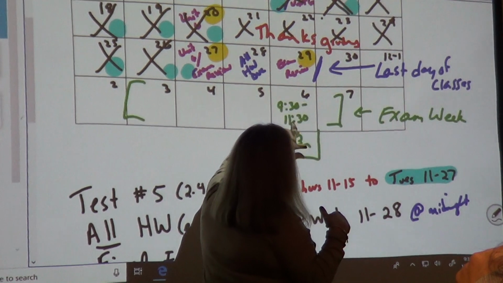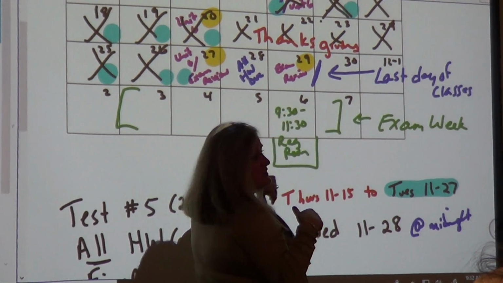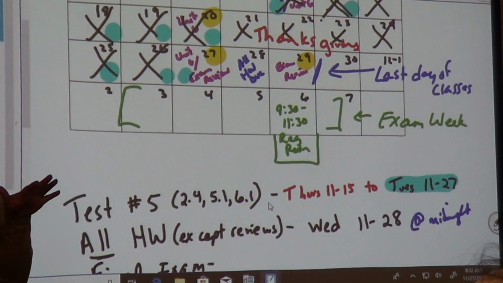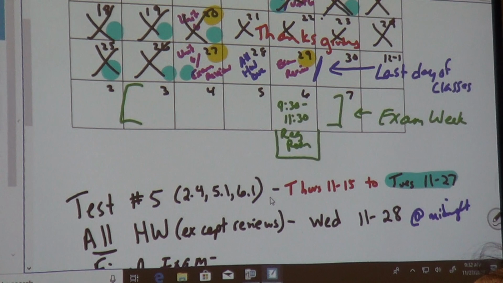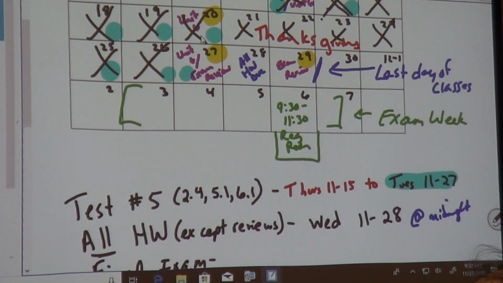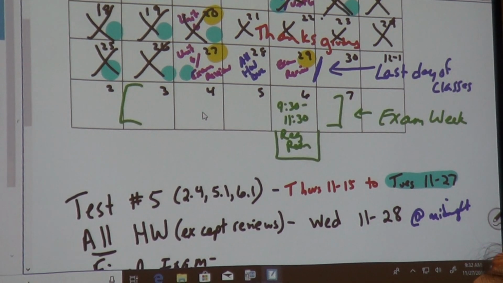Your exam is a week from Thursday, 9:30 to 11:30, a week from Thursday. And that's it, we're done. So 1 week and 2 days is all we have left. Do we come to class on the 4th? No, you do not. So you will see me today, you will see me Thursday, and you will see me the following Thursday. That's it. You do not come to me on Tuesday.